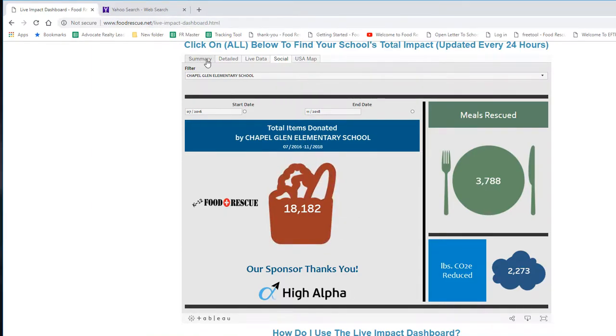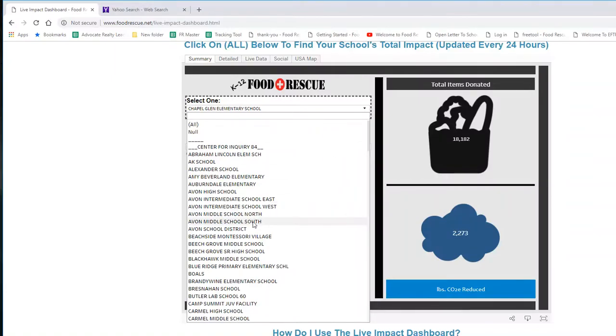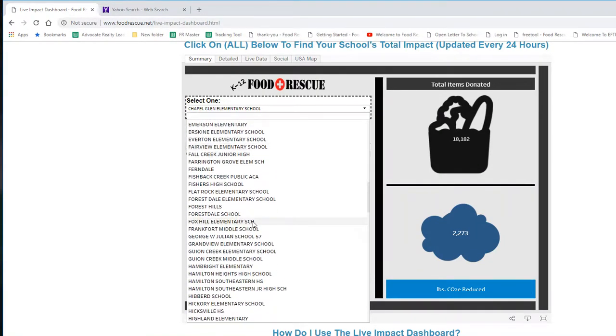So we're going to go back to the summary page over here, and not all of these schools entered in their data every single week, but these are the 3 that use the tool the most. So we're going to go down and we're going to look at Lynhurst next. We're going to left click on the arrow and we're going to go to Lynhurst,